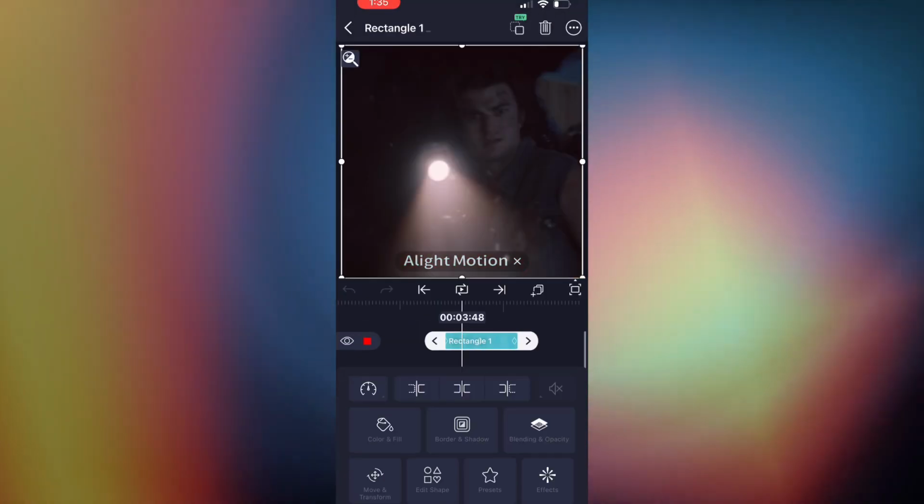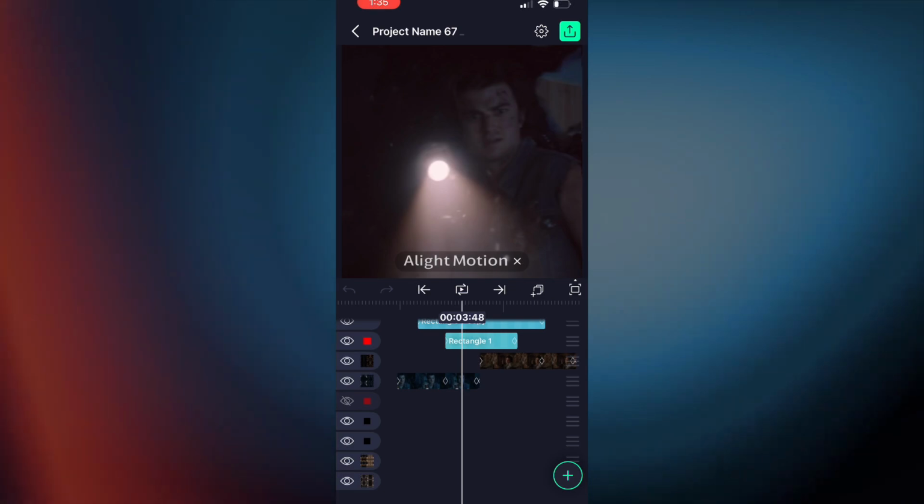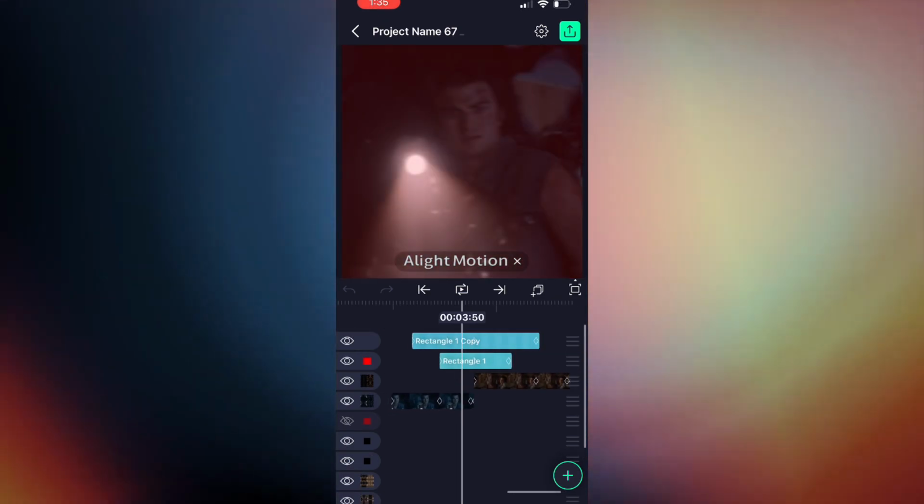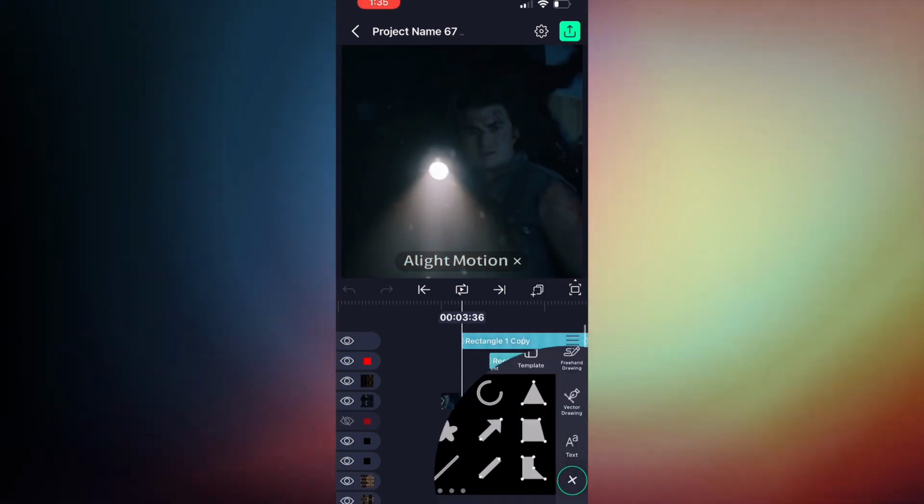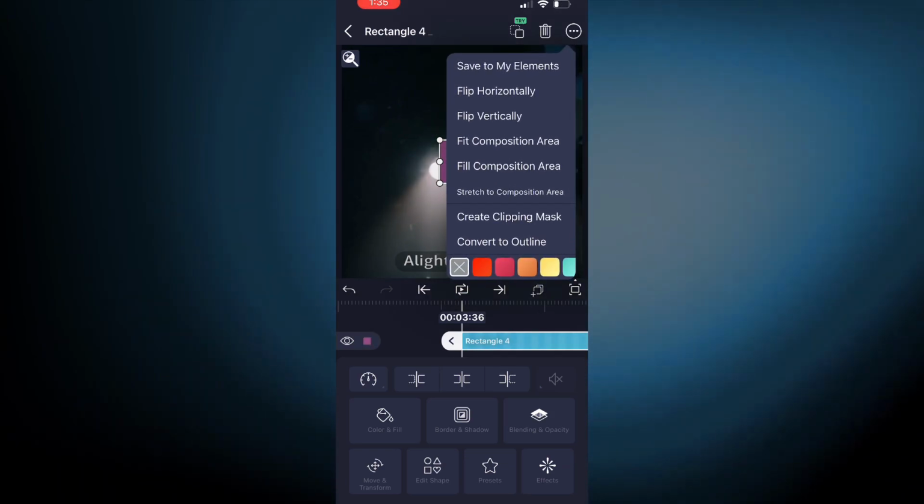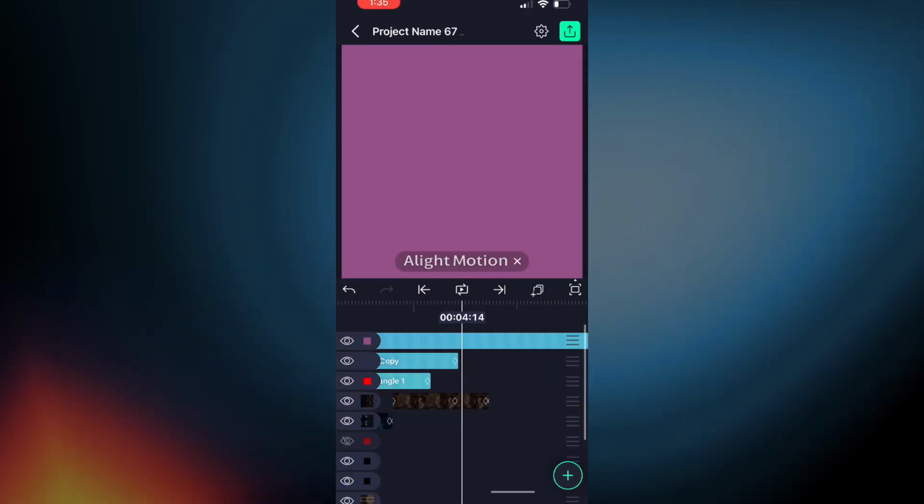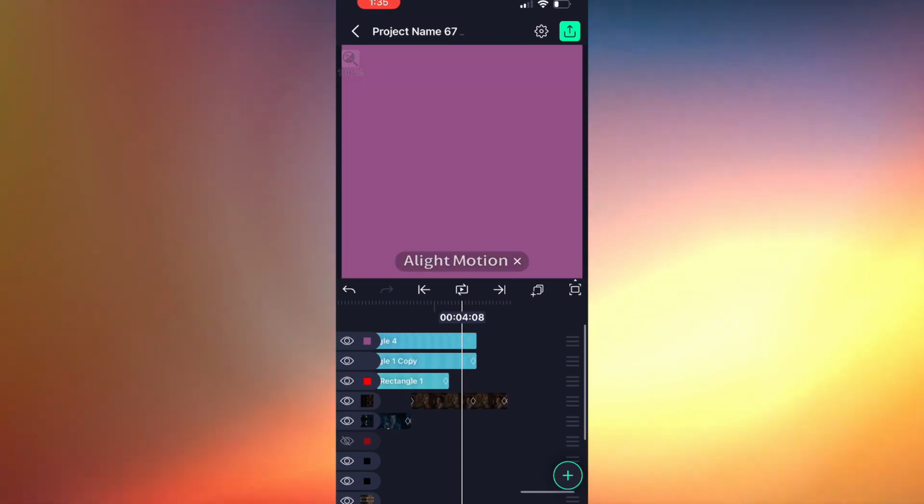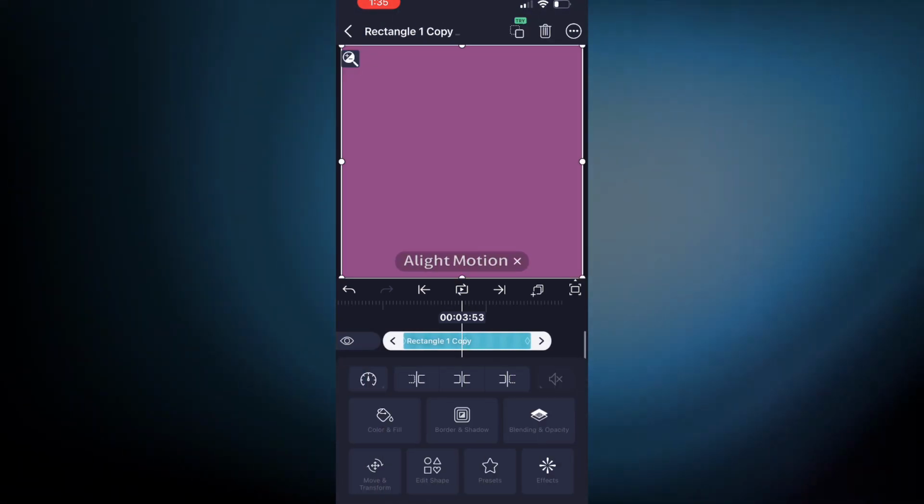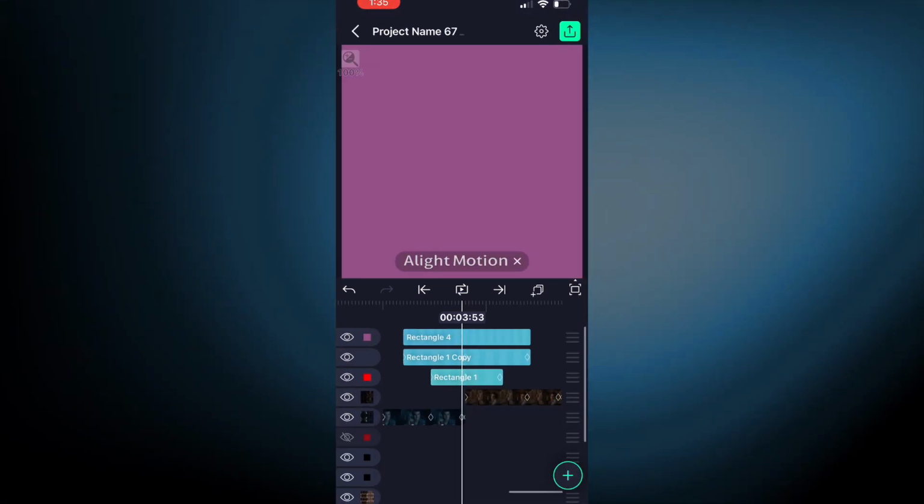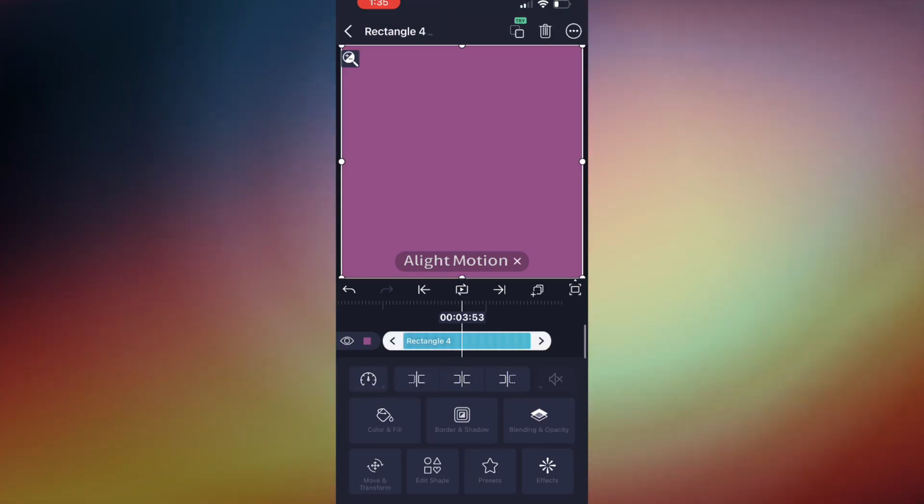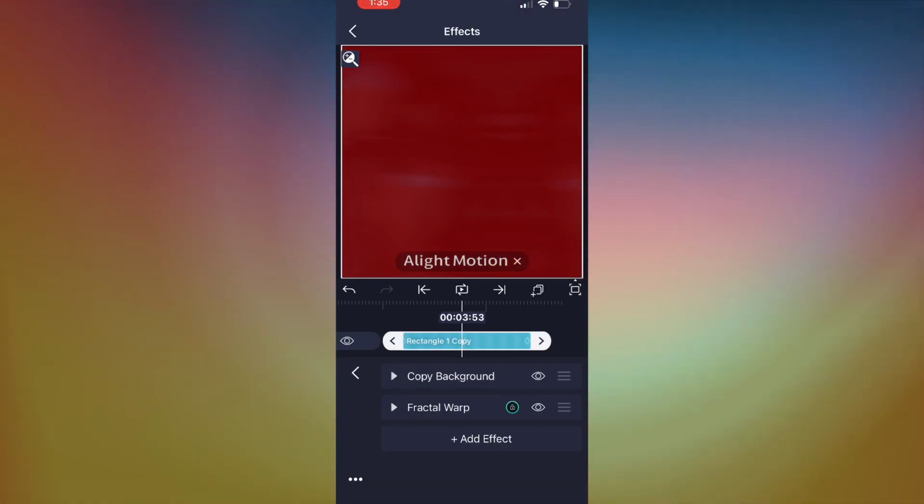Red effect we just made, you just put that back right here. And then for this one, you want to add a rectangle, fill composition area on it, and crop it like this, right? And add copy background to it. So you would add copy background to your rectangle,